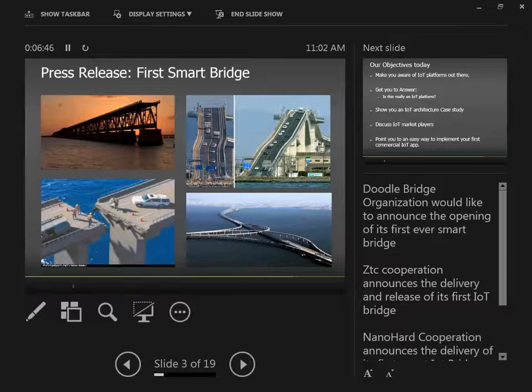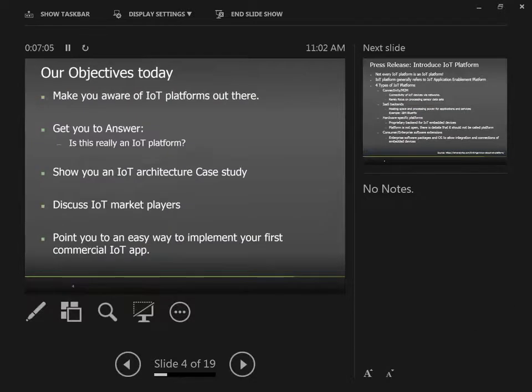And that's exactly what we want to do in this presentation, to tell you what an IoT platform, an end-to-end IoT platform, should do. Just in a nutshell, to recap, our objective is to make you aware of the IoT end-to-end platform components. We'll start by talking about the existing definitions of IoT platforms out there and what they do, and then tell you everything that should go into an IoT platform so that you can answer the question yourself. If someone makes an announcement and tells you this is an IoT platform, you can answer if this is really an IoT platform and a complete one, or is it missing some components.